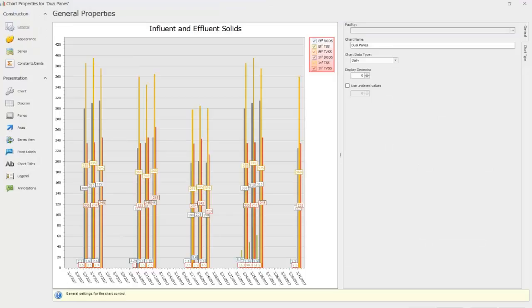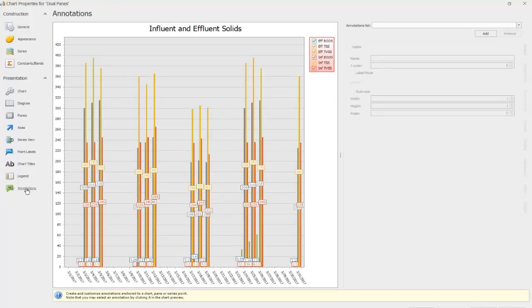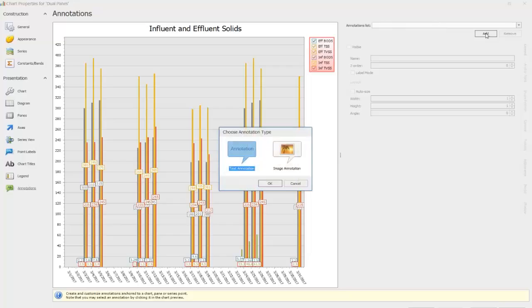So when I go back in the Properties menu, you'll notice that we have an option down here in our left panel for annotations. If you select that option, you have the ability to add multiple annotations to your chart. This is great for presentation purposes, or if you want to add any text notes to data that's being displayed in a particular chart. So once you select the annotations icon, you'll then want to select the Add button, and